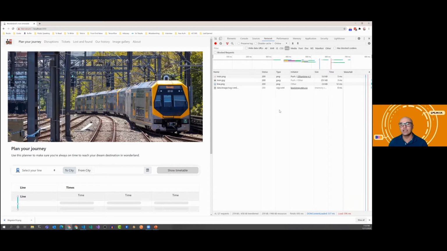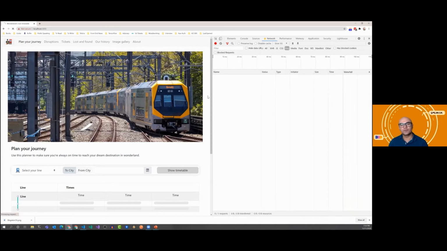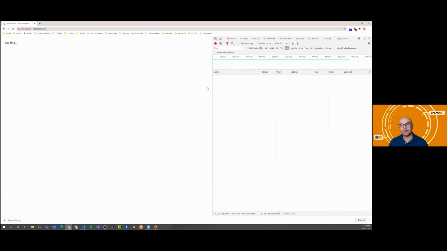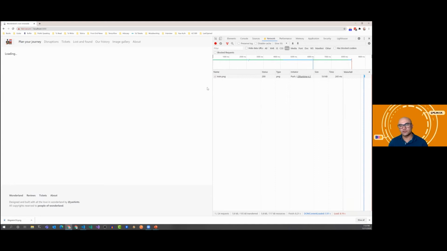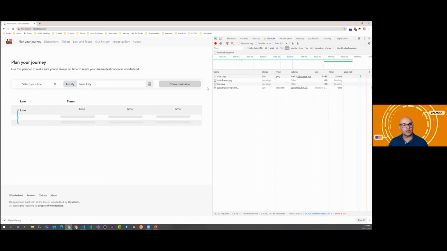But what you can do, if I change this to, let's say, a slow 3G here and refresh my page, is that once the page refreshes, all of these images, hopefully, if I haven't commented out anything,